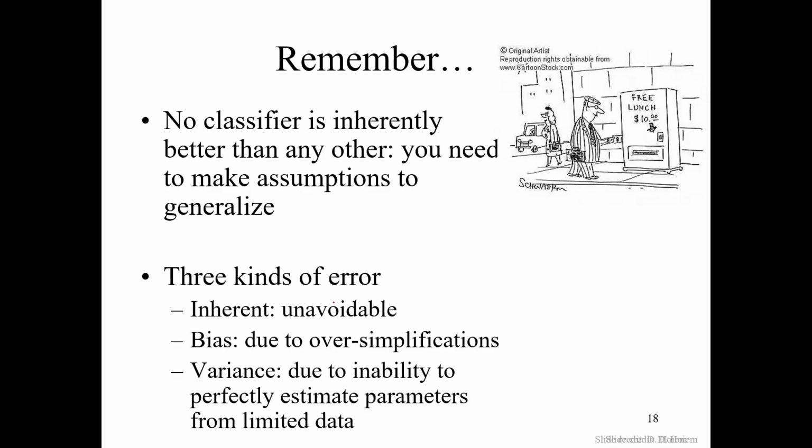So, three kinds of error. We have the inherent or unavoidable one, which I've explained, which comes from the data set. We have the bias due to oversimplification, where you think this problem is very simple and your model ends up not able to identify or model it correctly. And then there is the inability to perfectly estimate a parameter from limited data. If your data is really very small or not enough, you are likely going to run into the problem of overfitting, depending on the kind of model you are using. That's why, if your data is very few,